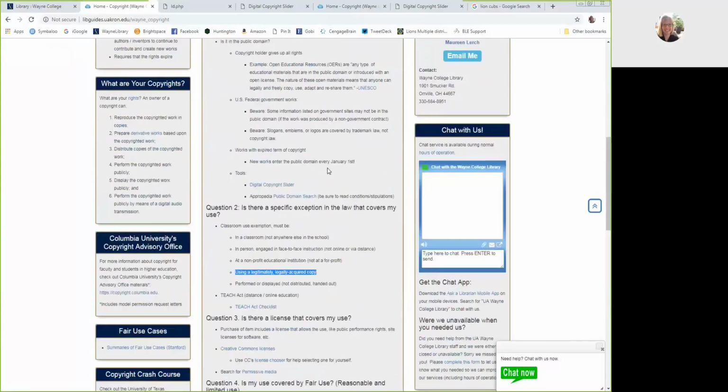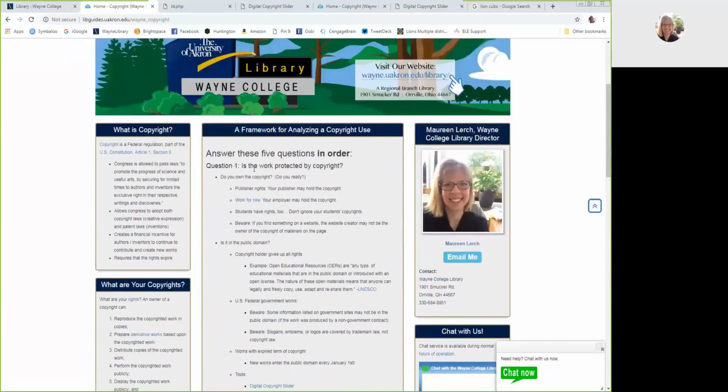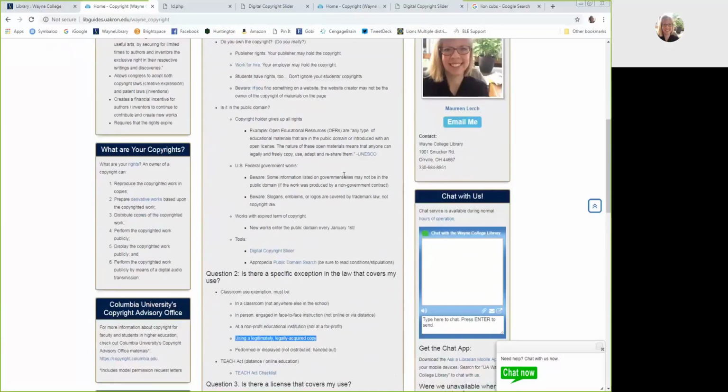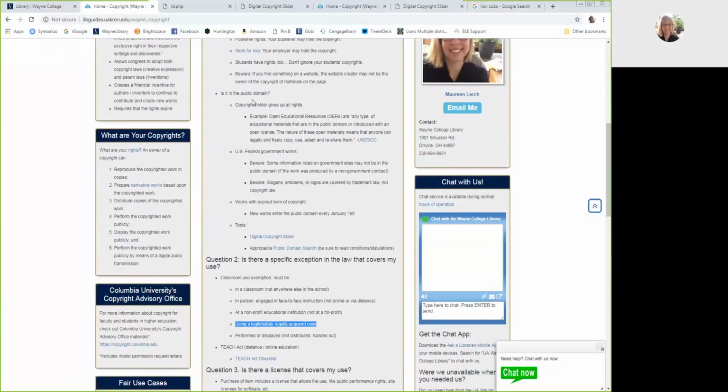However, if I start with the first question, is the work protected by copyright, and walk through what's in the public domain, I might determine that the poem is actually in the public domain, which in fact, on January 1st of this year, this poem entered the public domain because it was published in 1923.